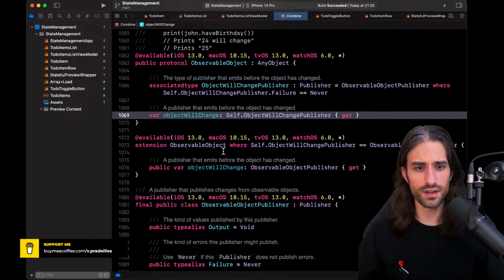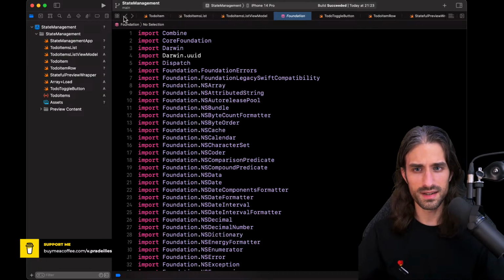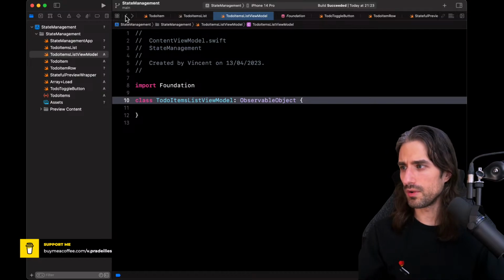I will show you how it works just after. Basically, objectWillChange is a way for the class that implements ObservableObject to notify an observer, that observer will be SwiftUI, that its value has changed, and so that the view needs to be recomputed. So this is how ObservableObject works under the hood. Let me get back to my view model.